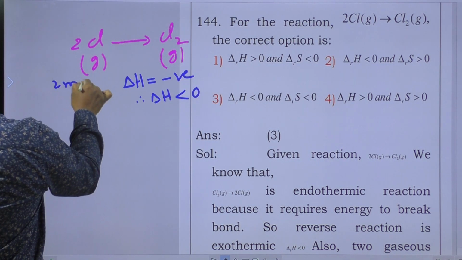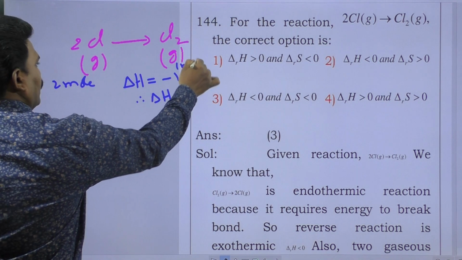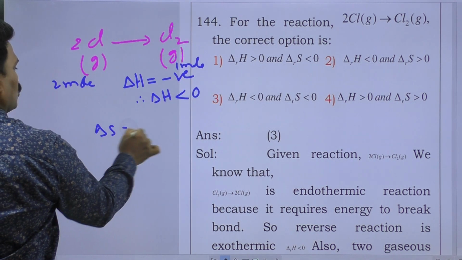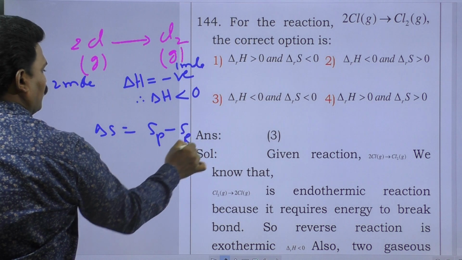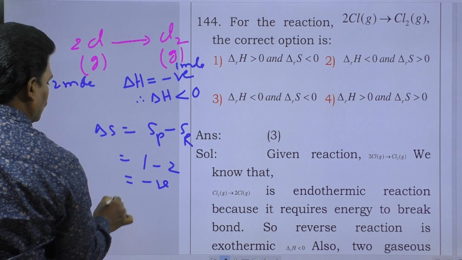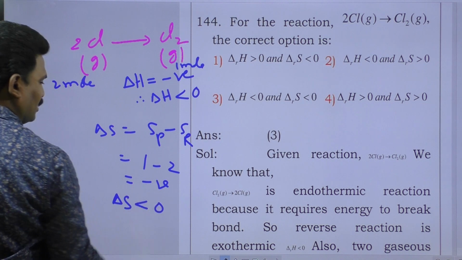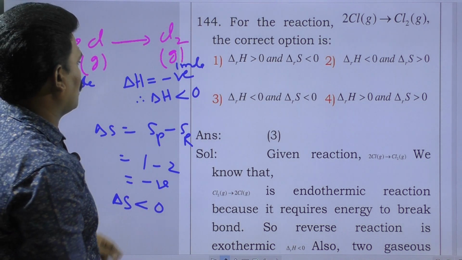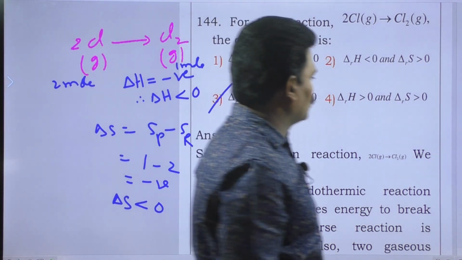Here 2 moles of gas convert into 1 mole of gas. Delta S is equal to entropy of products minus entropy of reactants. That means 1 minus 2 is negative, so delta S is less than 0, entropy decreases. So option 3 is the right answer. And then go to question number